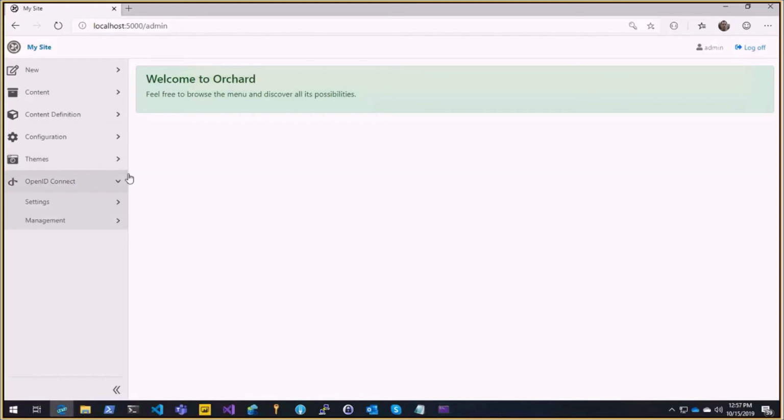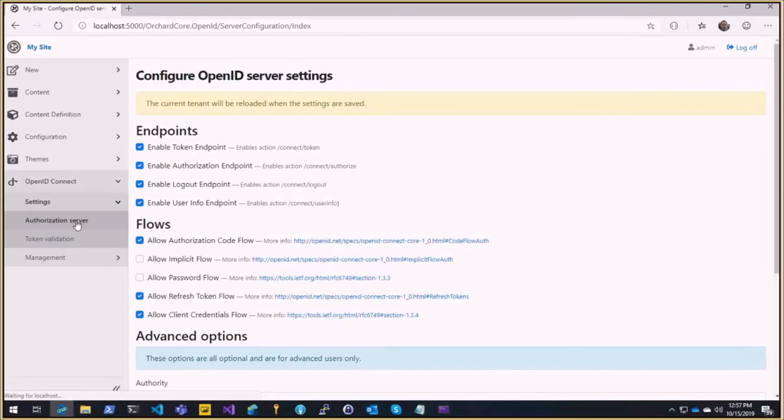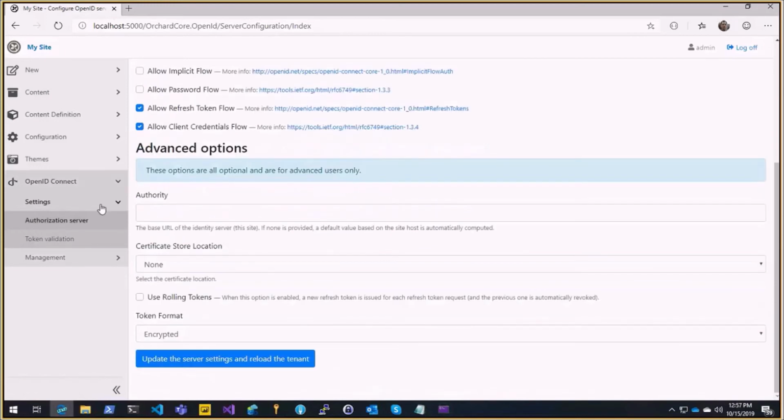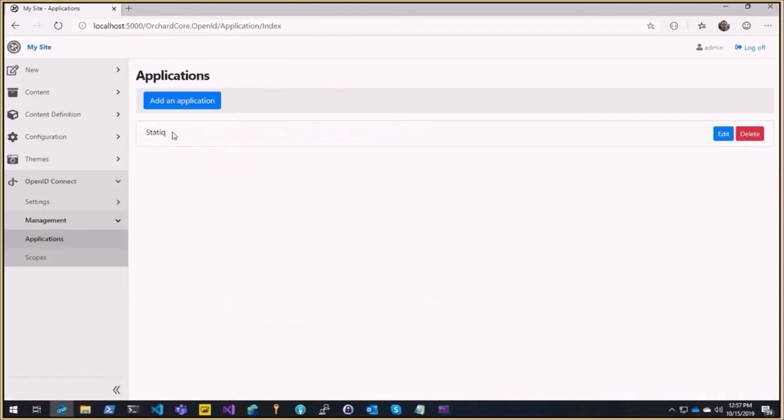The two features I enabled are OpenID authentication server and token validation. When you enable that, you go on settings. In the authorization server settings, what you need to do is to enable the client credentials flow. Client credentials flow is the way you allow another service to use bearer tokens to authenticate with this server. So if you want an external application to use APIs on these machines, that's what you want to do. And you check that, and then you create an application which will be